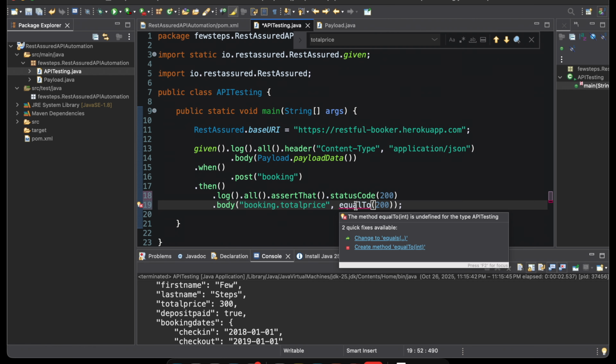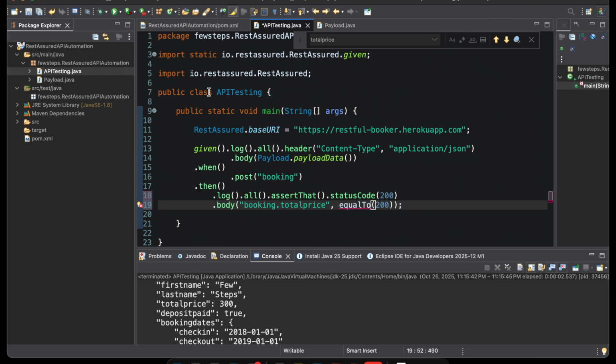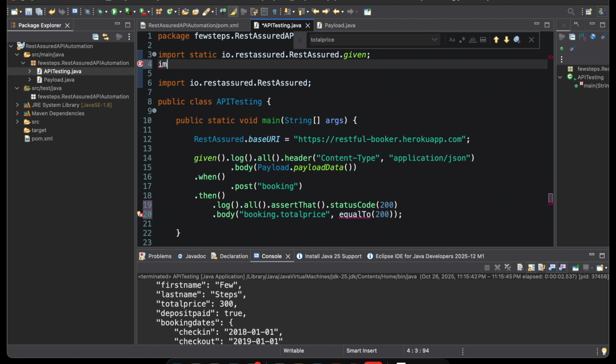If we move our cursor over there, we'll not find any feasible solution over here, because we need to add a static import for this thing that is called Hamcrest. We just need to add that thing. So I'm going to add that import static,